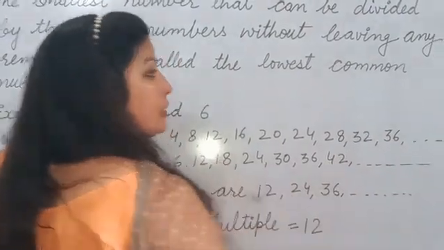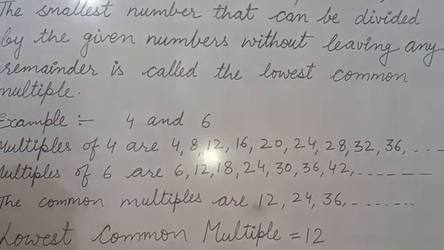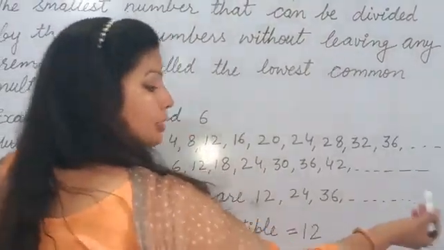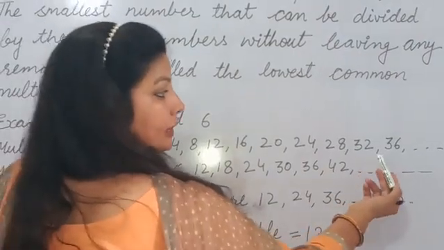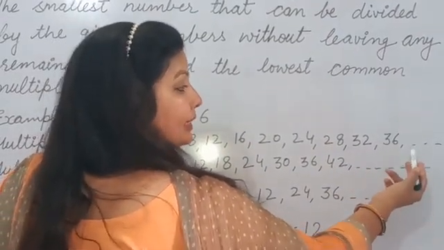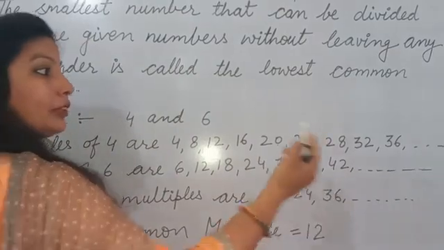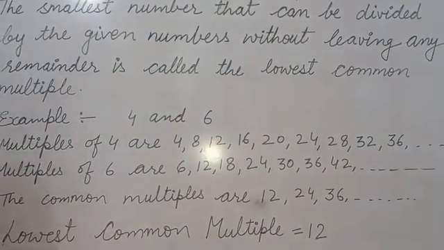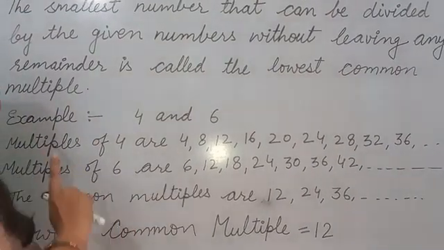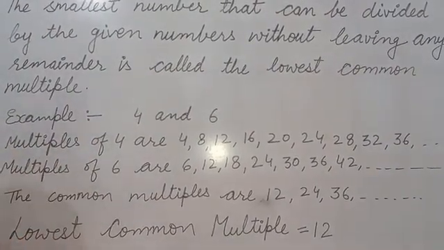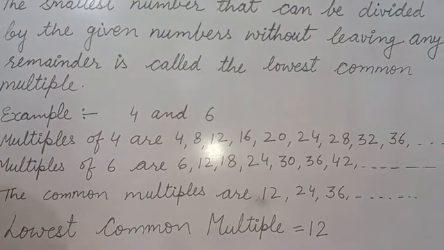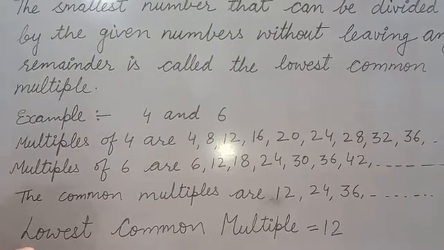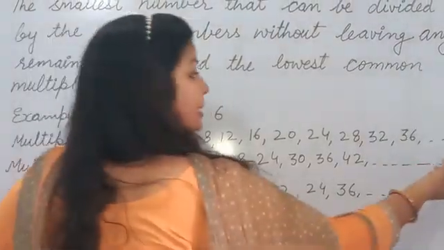Dash dash dash, what does it mean? Multiples never finish. This dash is showing that they are continuous. हमने यहाँ पे 9 तक write किए हैं. 4 9s are 36, but that is not finished. 4 10s are 40, 44, 48, which means it will continue. Multiples never finish. Okay, we know the first multiple, but we don't know the last multiple. हमें last multiple नहीं पता, सिर्फ हमें first multiple पता होता है. जहां तक counting चलती रहेगी, multiples भी चलते रहते हैं. That's why we show it by the dash dash dash.